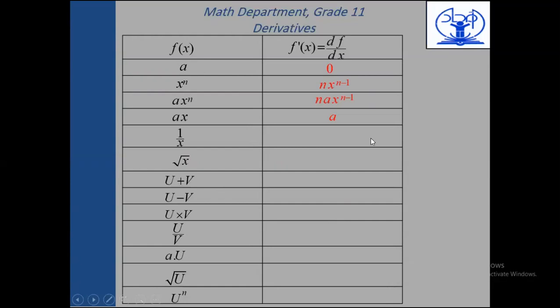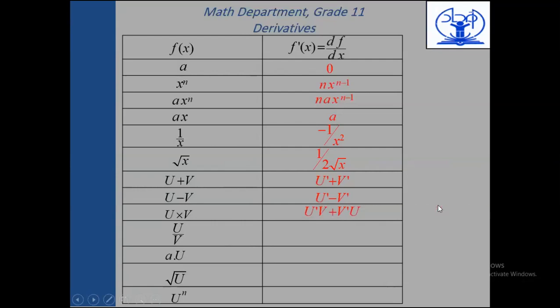Some of the standard important functions, like 1 over x, its derivative you should know directly. It's minus 1 over x squared. Radical x is another standard function. It's 1 over 2 radical x. If you have a function which is in the form of a sum, then the derivative of u plus v is u prime plus v prime. In other words, the derivative of the sum is the sum of the derivatives, similarly for the subtraction,